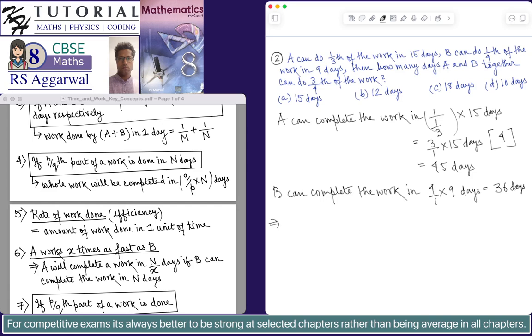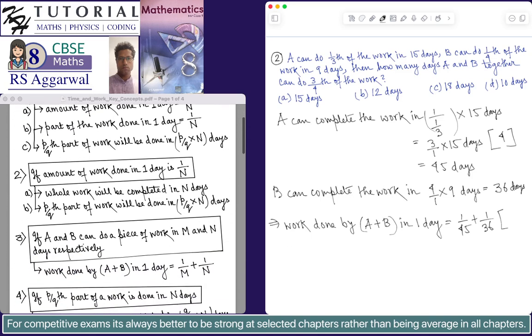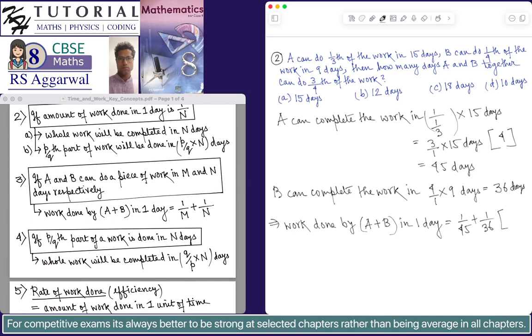So this implies that work done by A plus B in 1 day will be equal to 1 by 45 plus 1 by 36. Here we have applied concept number 3, which says if A and B can do a piece of work in m and n days respectively, then the work done by A plus B in 1 day is 1 by m plus 1 by n. Okay, so this is equal to